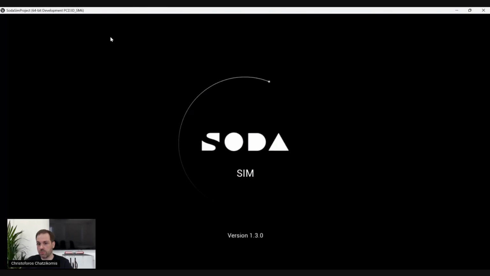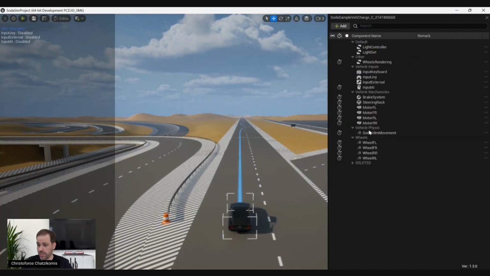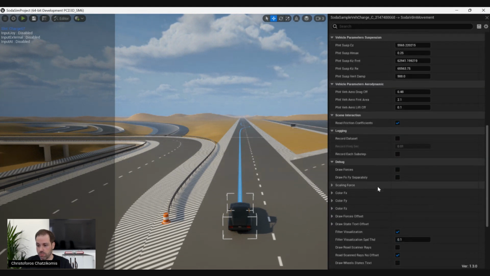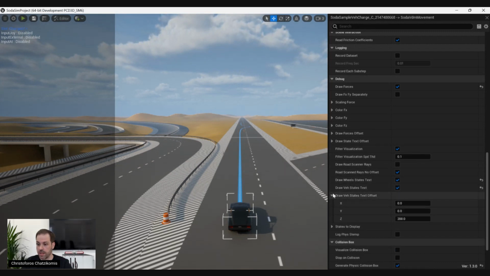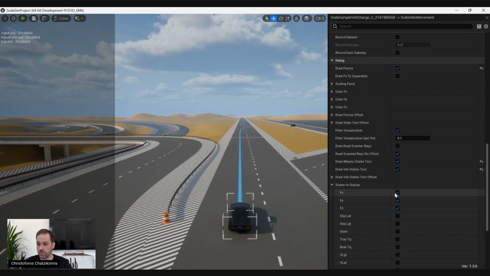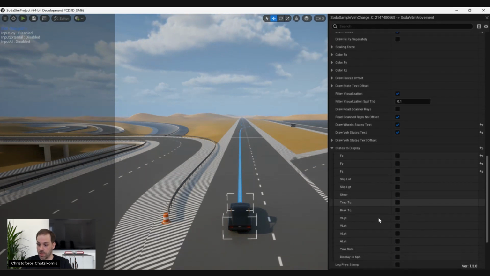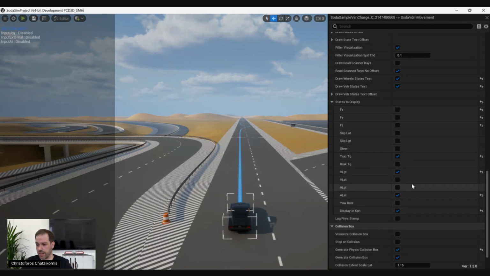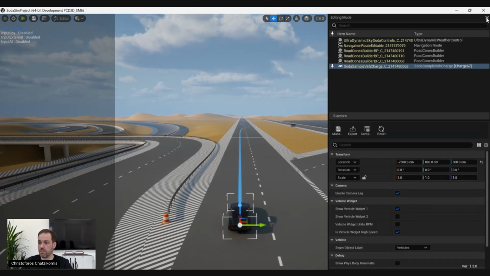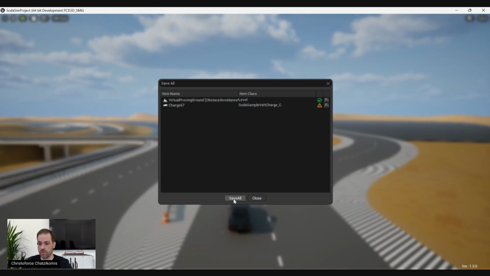Now, the next step, what we can do is we can go actually in our vehicle dynamics model and add some more information, let's say, to help us visualize and understand what's happening. So we can draw, for example, the forces that are generated by the tires, or we can render some additional information on the scene. So for example, I will select to show the traction torque, the longitudinal speed in kilometers per hour, and also the lateral acceleration, which are, let's say, the more relevant information that you would check in